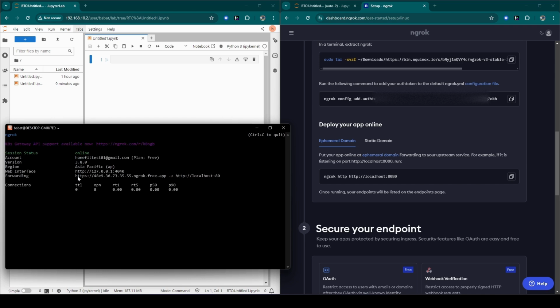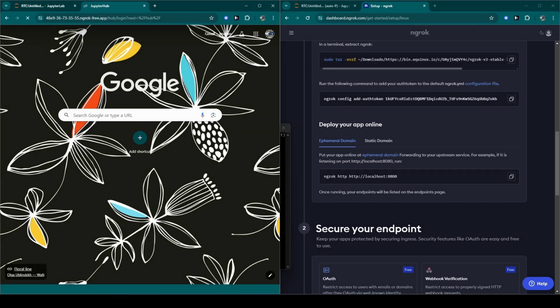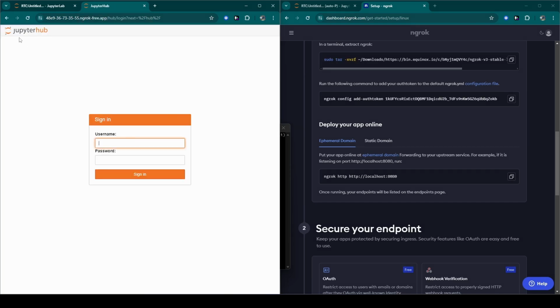From here we have this URL, which means we can check that this JupyterHub or Jupyter server is on the internet.